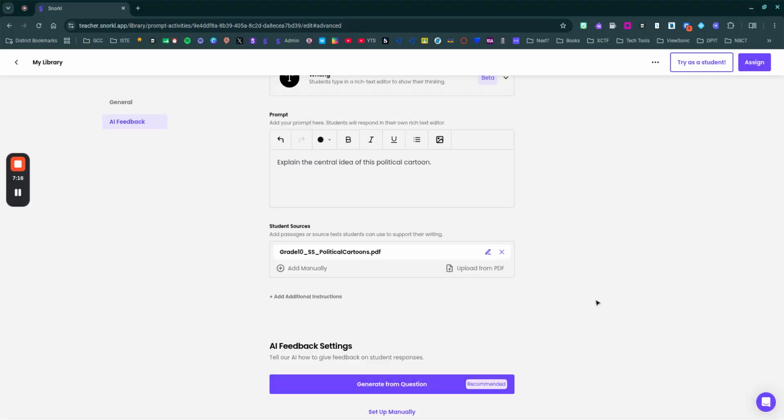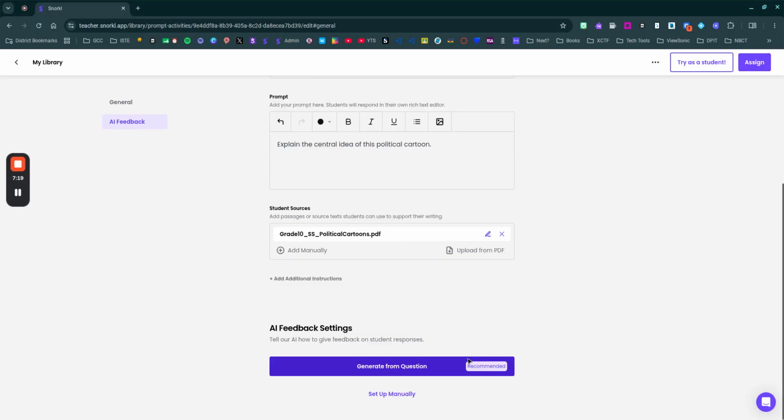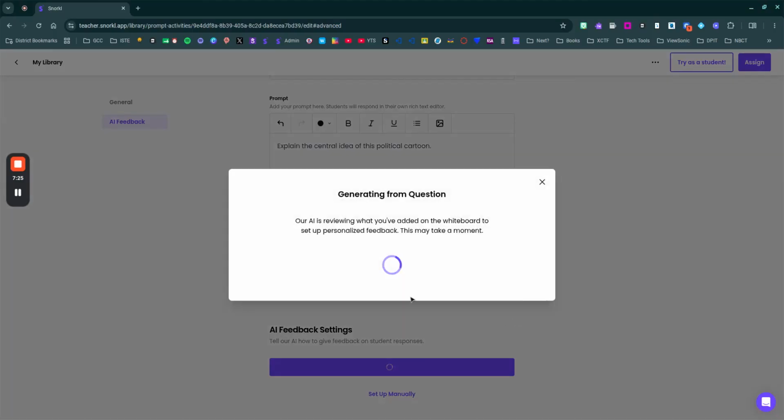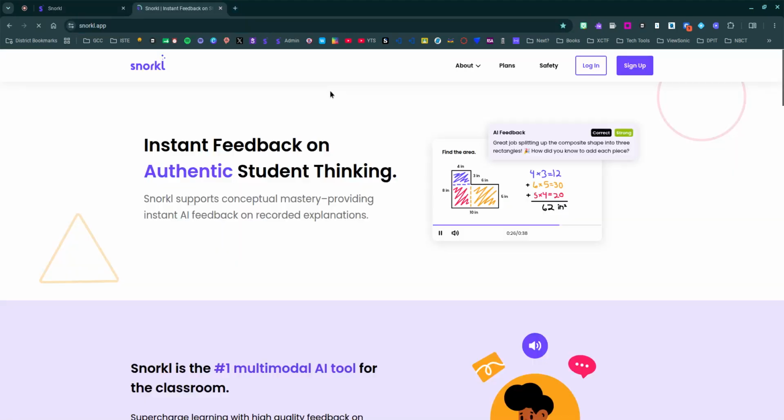I'm not going to do that for the sake of time. And then once I'm done here, I just click Create and Generate from Question, Social Studies, and it's high school, and click Generate. It's going to go through the work of generating that feedback. While that does that, I'm going to quickly move into how I might handle a